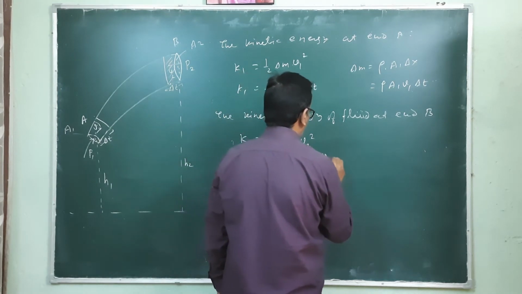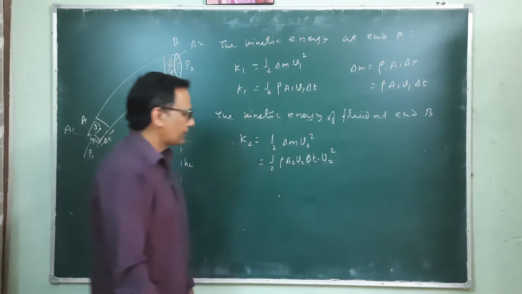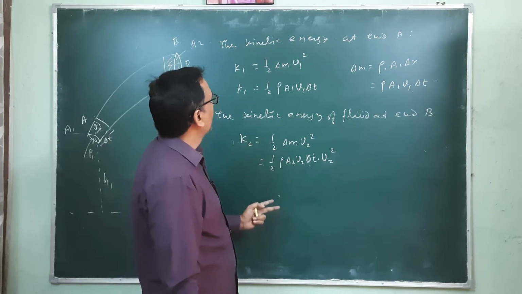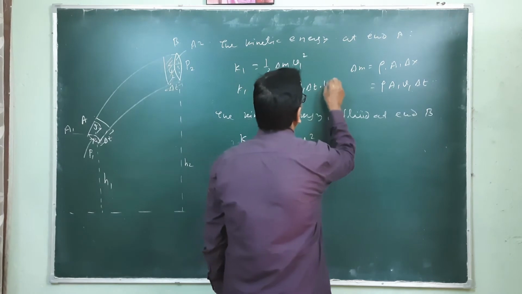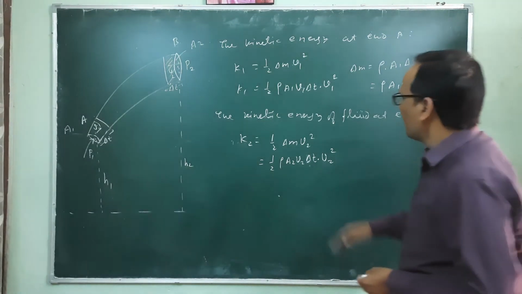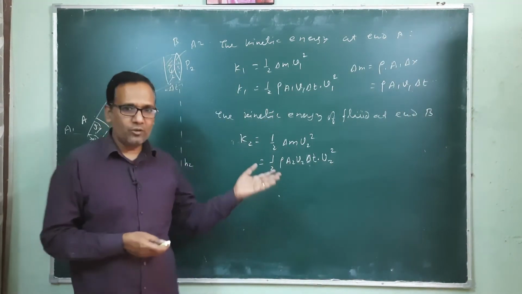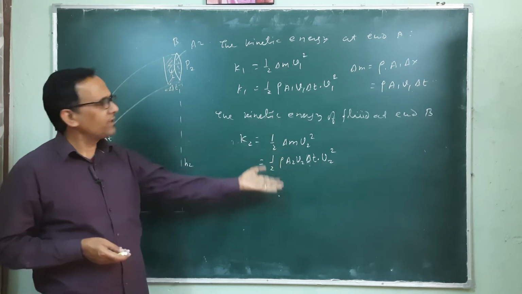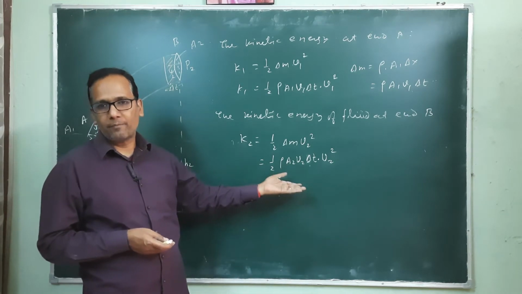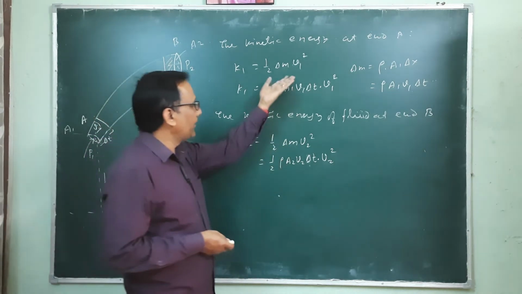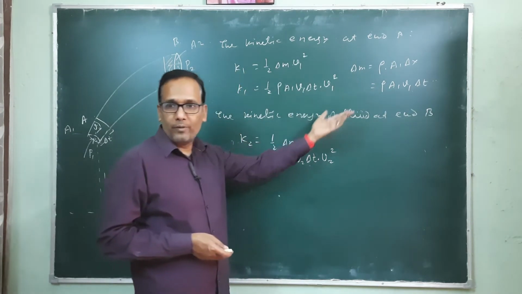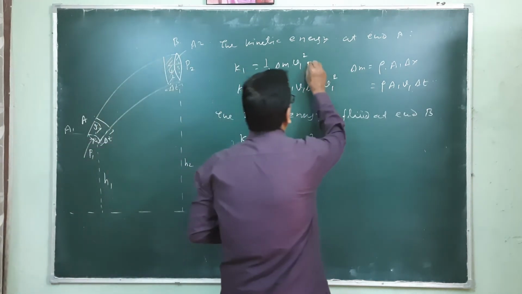So this is equivalent to V2 square. Oh yes, V1 square was missed above. So here this is V2 square. Okay, so you can write it like this, or if you want to avoid such complicated terms, then we can just take these two and replace them finally. Either you can use this or this, because some complication is looking here with V1 square, V2 square. So you can use this also.